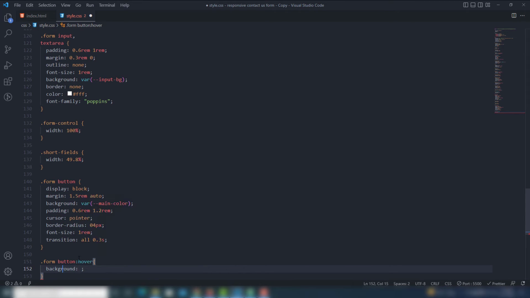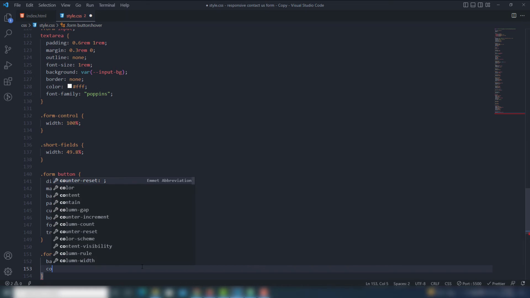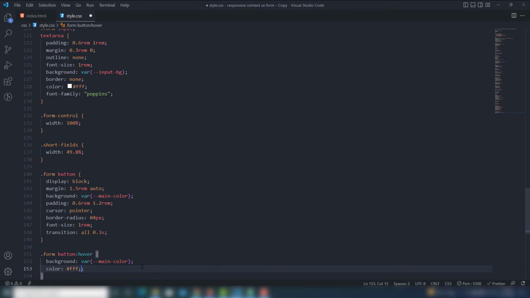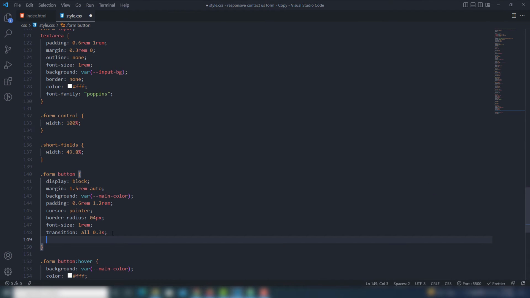I just change the background to the main color like this one. I will get another color, but I'll use the same thing. And also I'm going to change the text color to white. Right. So I will use the color on the white,